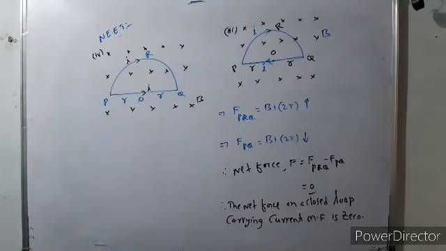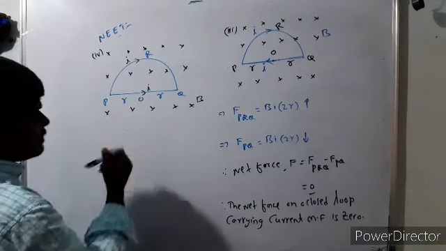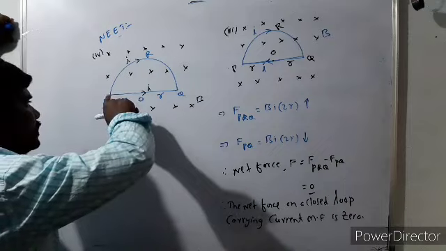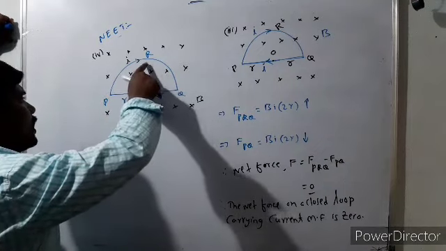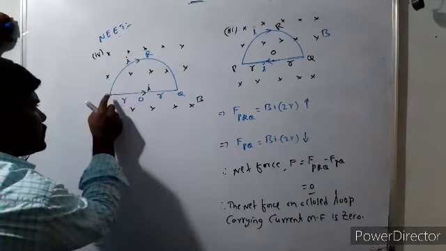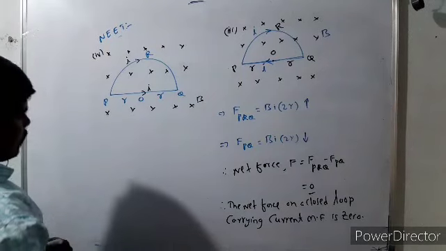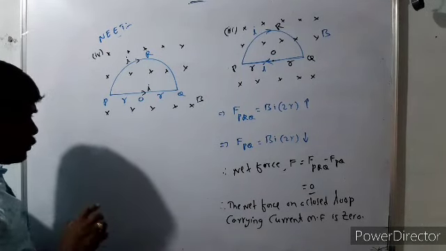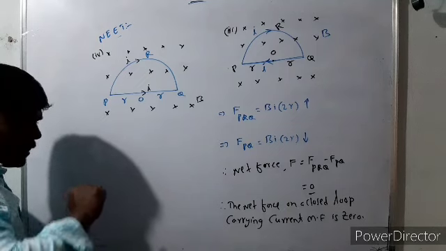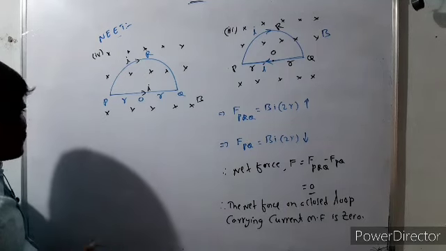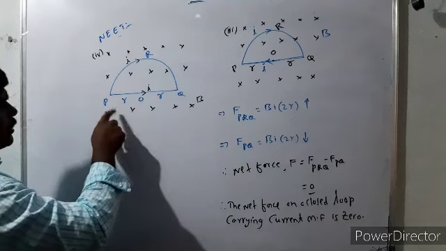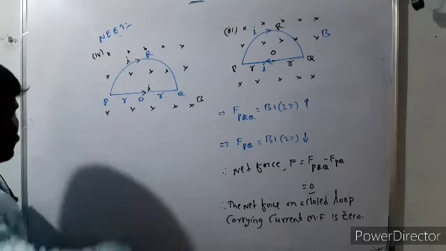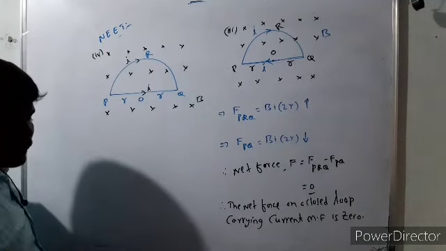Now here the current is not forming a closed loop. Here also P to Q by R, and in the straight part also P to Q. Closed loop means if it starts from P and again reaches P, then we can say it is a closed loop. The shape is closed, but the current does not form a closed loop. Keep that in mind.